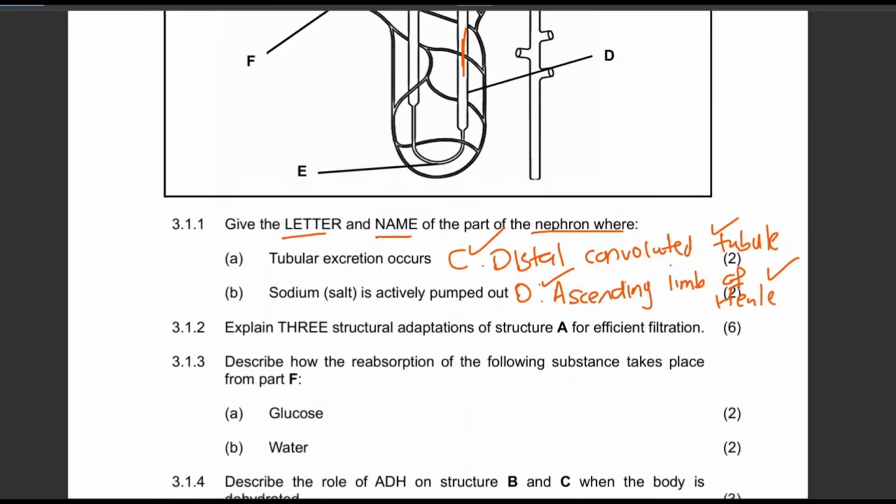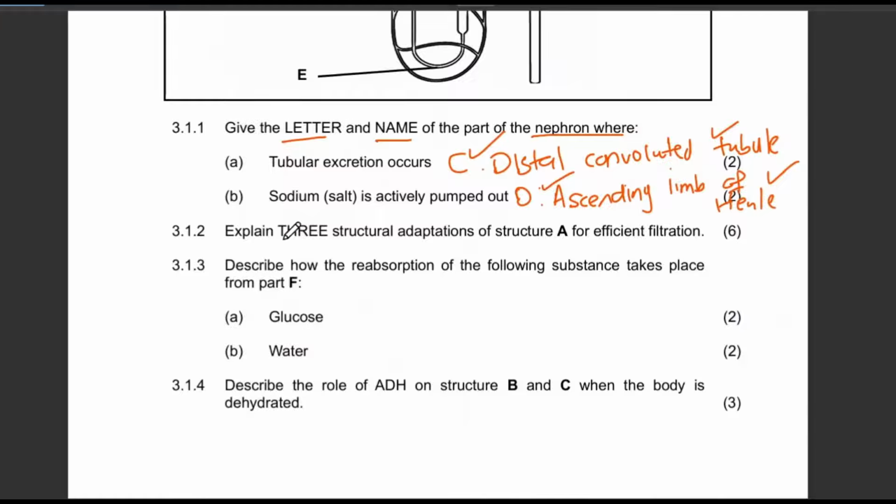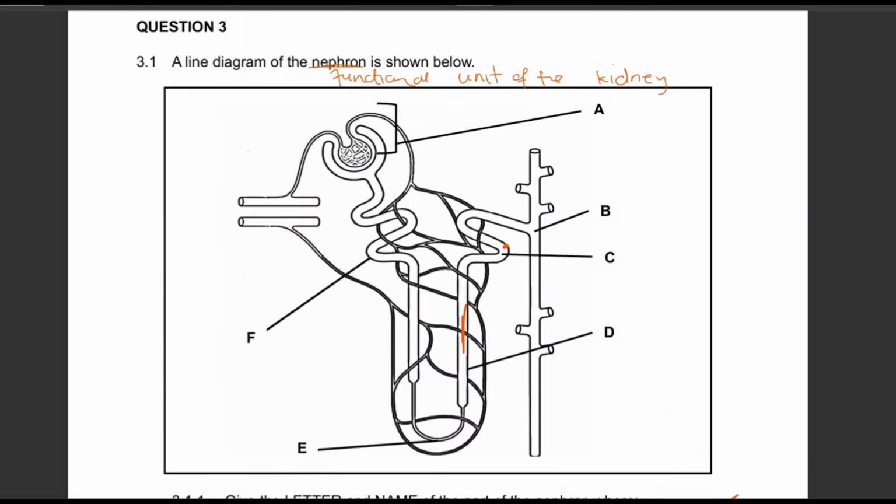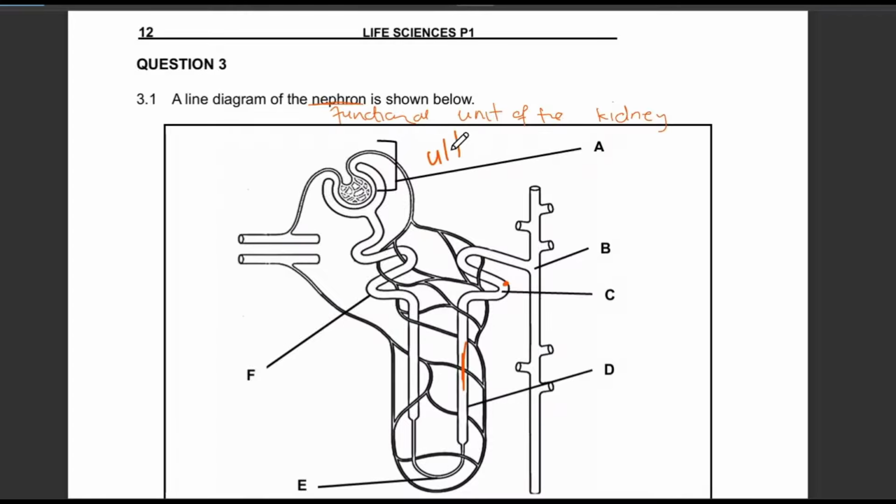Then explain. You're going to explain here 3 structural adaptations of structure A for efficient filtration. How many marks? 6. That's a lot of marks. We're not skipping this question, guys. We are not leaving an empty space. We are going to explain, because I'm very sure that your teacher has explained ultrafiltration in detail. Now, ultrafiltration,